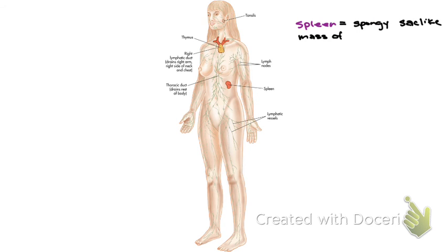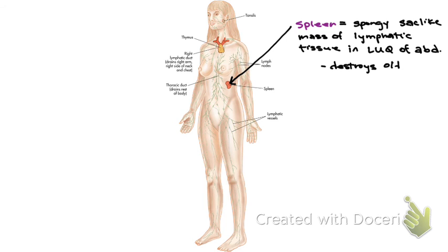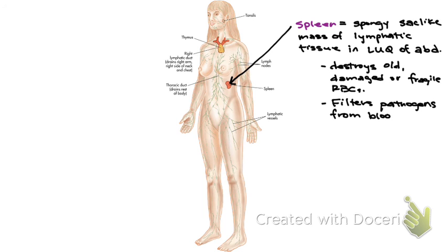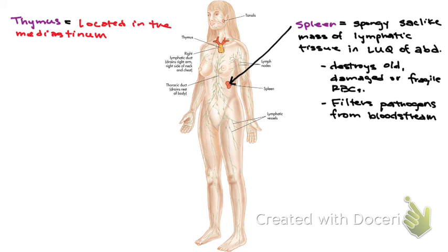So the spleen is a spongy sac-like mass of lymphatic tissue in the left upper quadrant of the abdomen. Part of its job is to destroy old or damaged red blood cells, but it also filters pathogens from the bloodstream. And then the thymus is located in the mediastinum, just posterior to your sternum, and it produces T